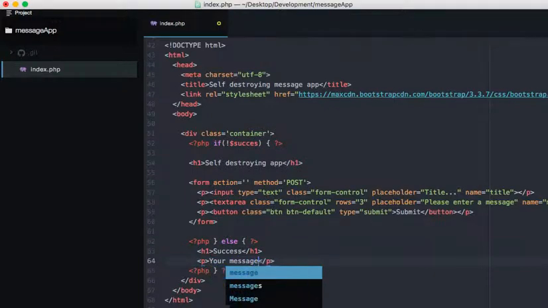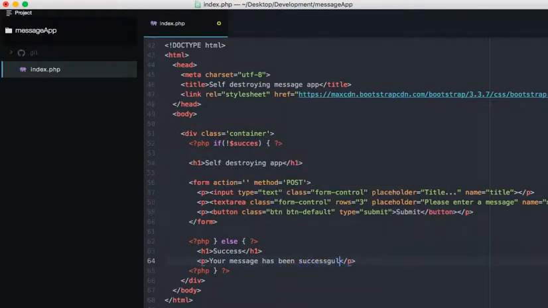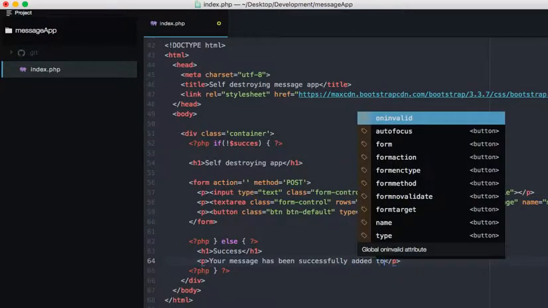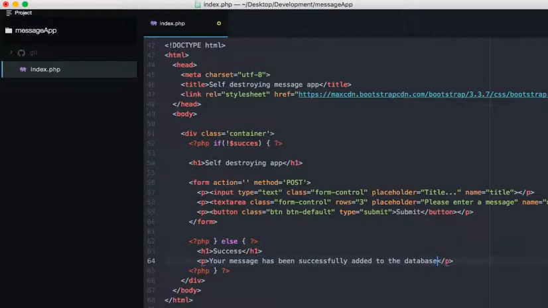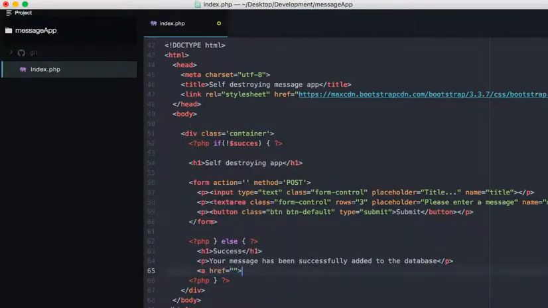Your message has been successfully added to the database. View your message here. And then what we want to do is just say ID equals